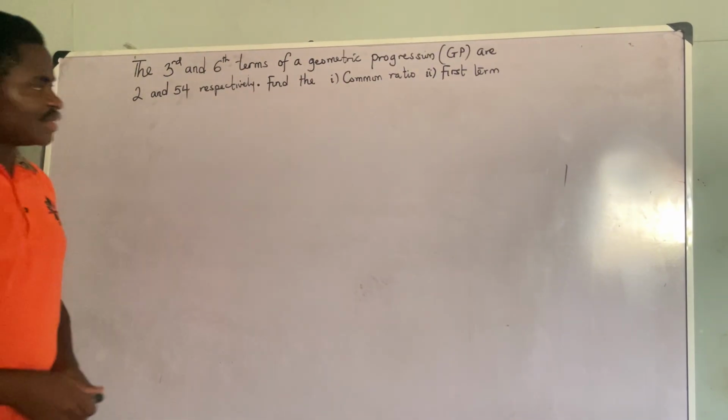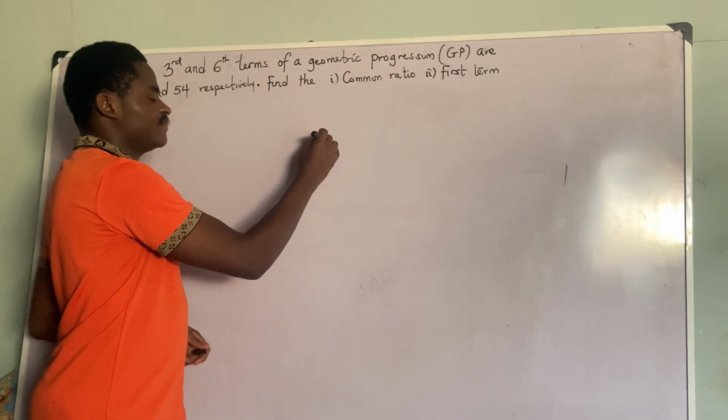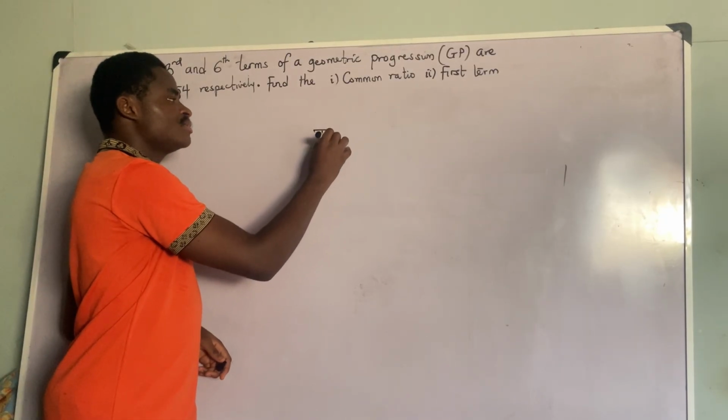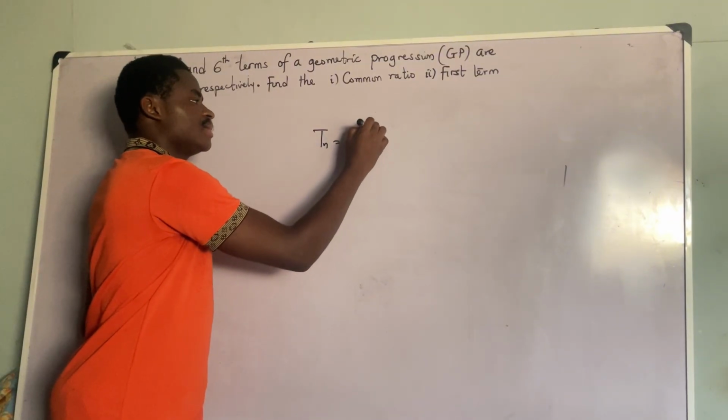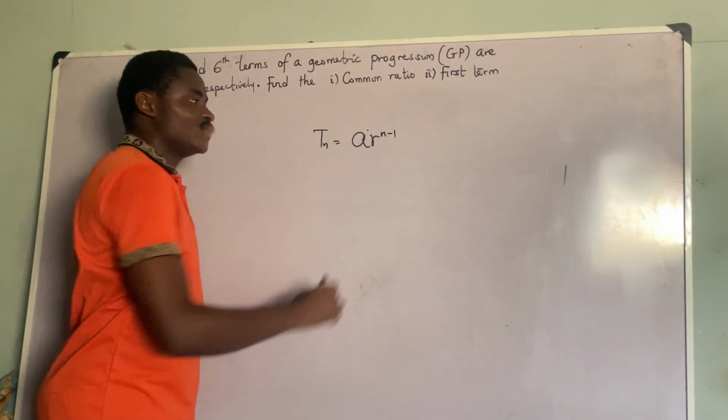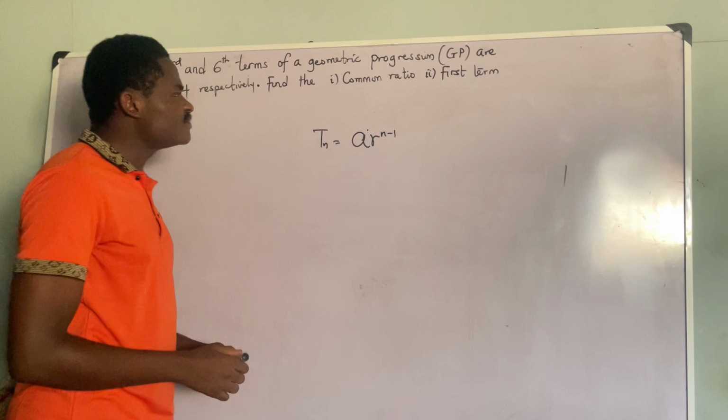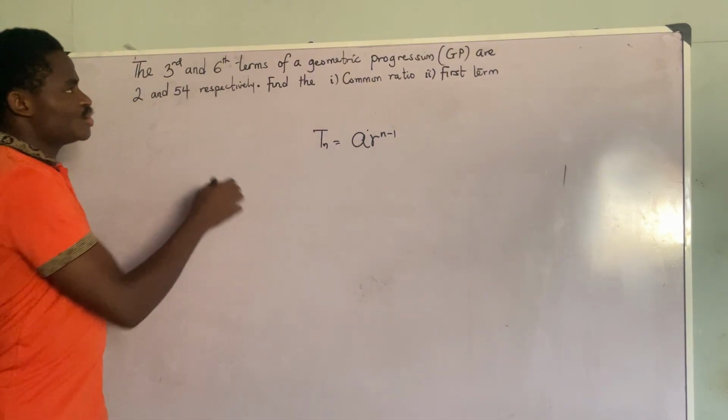Now there are two formulas I want to remind you again. What's the formula for Tn? That means any term in a geometric progression. That formula is T_n = ar^(n-1). Okay, so having this formula in mind, if we say the third term